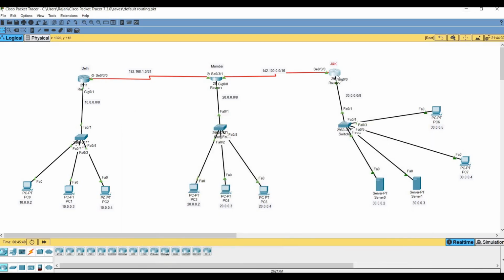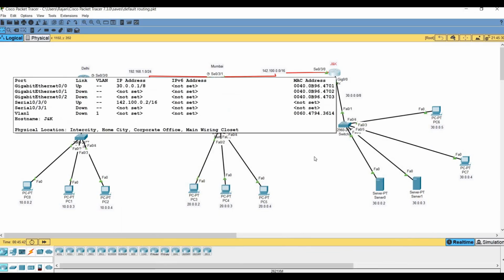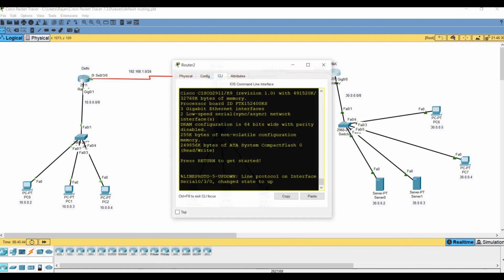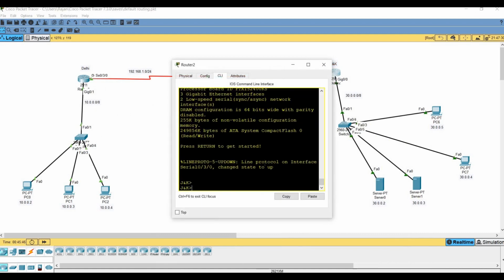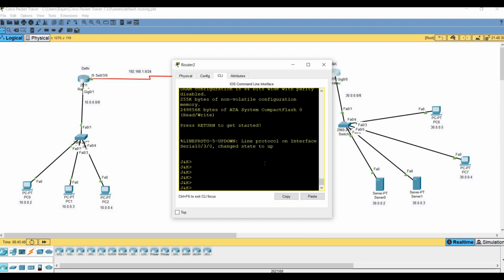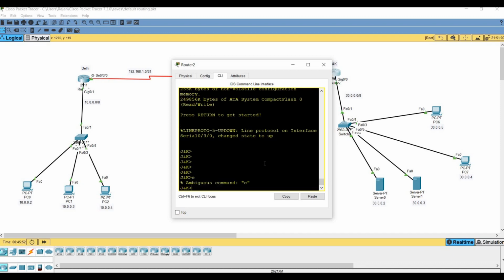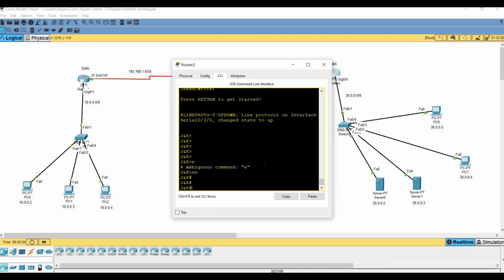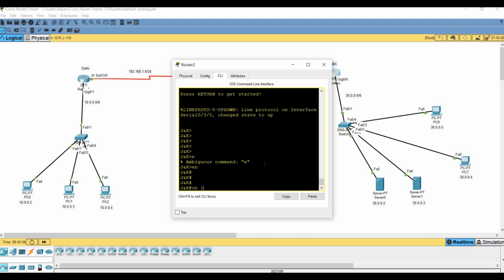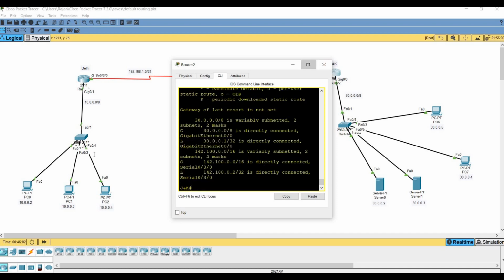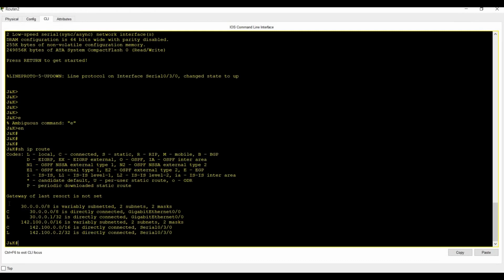Now let's configure the J&K router. If we check routing on this router, ip route, there is no routing configured.